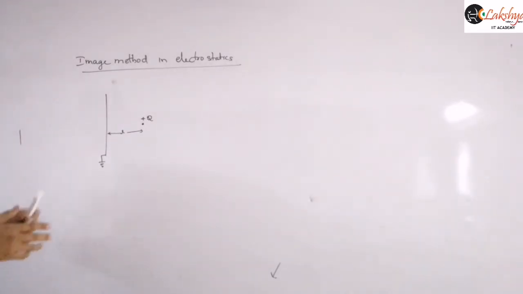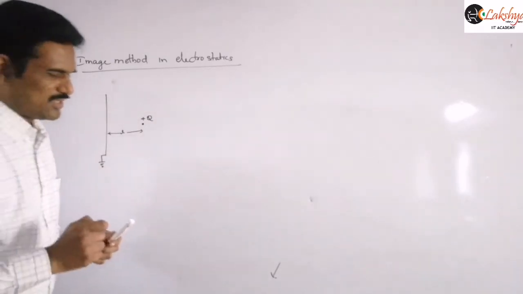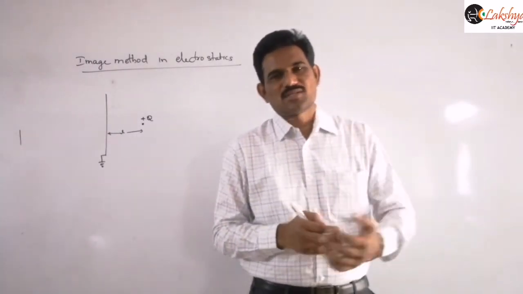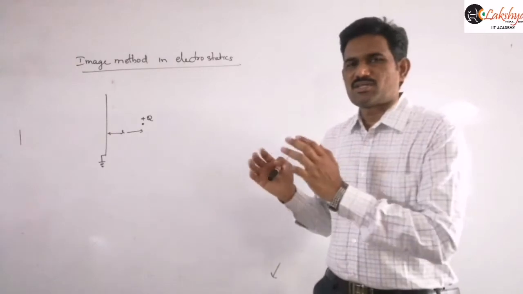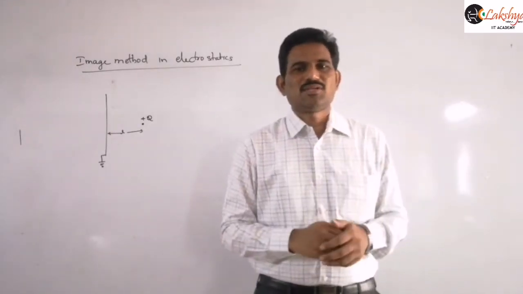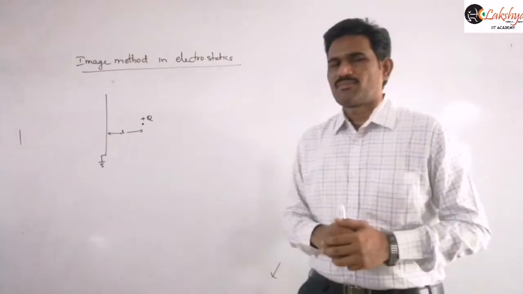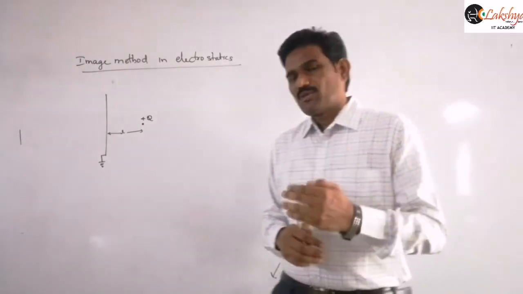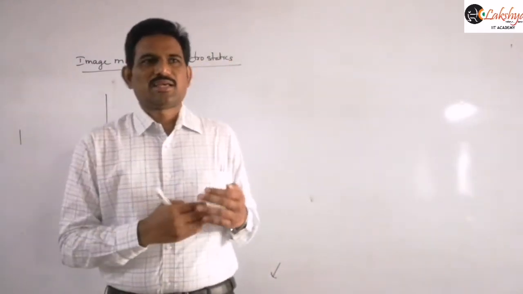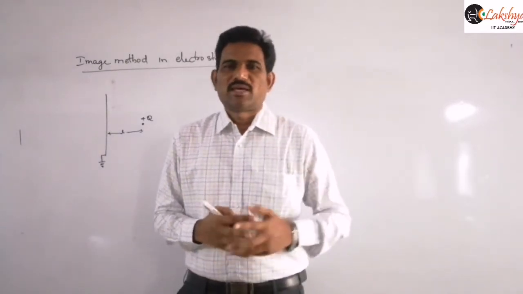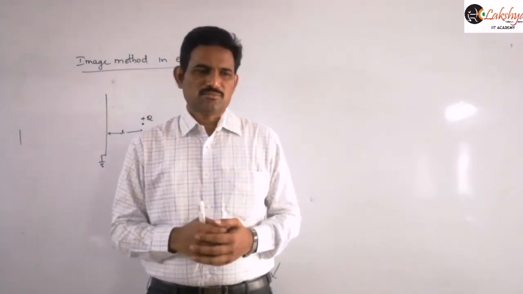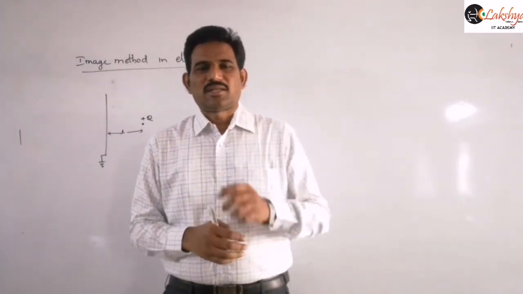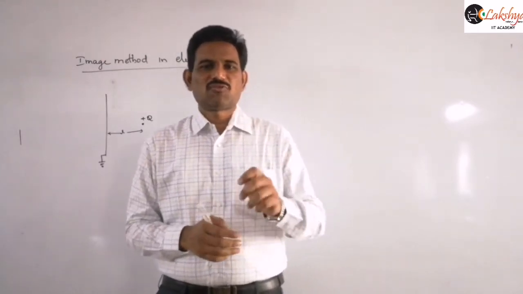So now, if suppose this is the question, the image method is nothing but replacing that Laplace or Poisson's equation, which is a lengthy calculation, by the image method. We can define the image method as the method in which a given charge configuration above a conducting plate, or near a grounded conducting plate, can be replaced by the given charge configuration itself and its image, and the conducting plane is replaced by an equipotential surface.